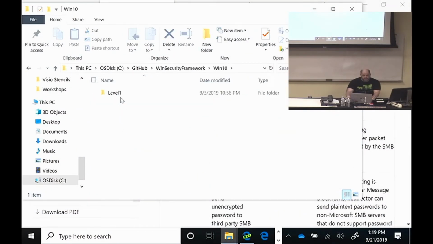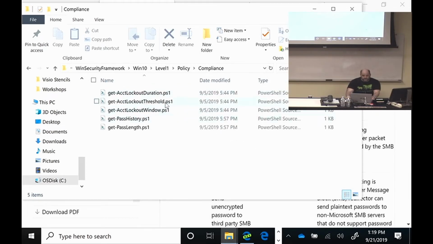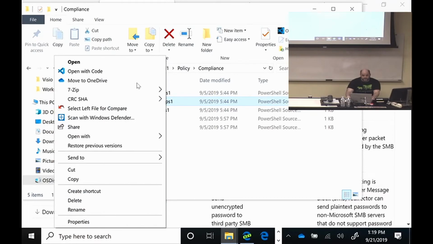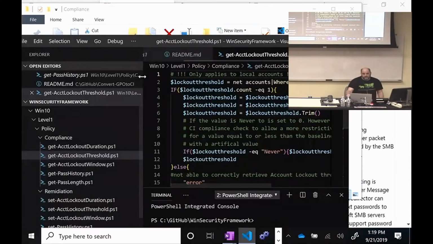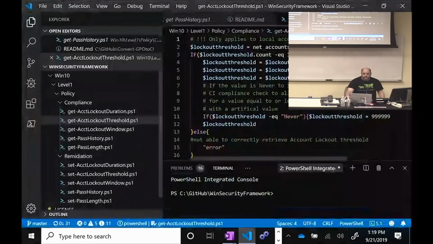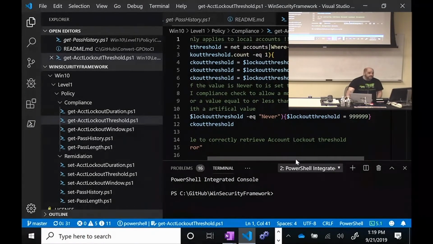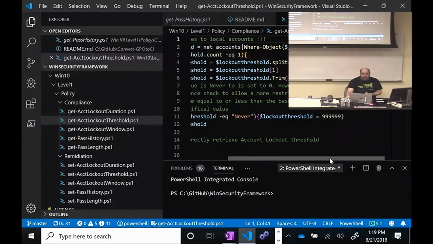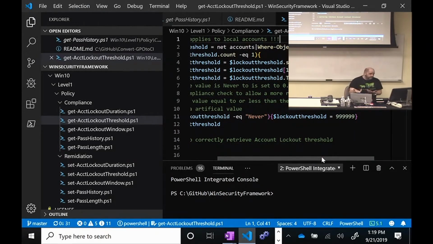I have a couple of examples expanding that out. So we looked at the duration. This is specific to what we're doing. When we look at account policy, different items have different rules. So if I'm looking at this threshold, I've got different things. I can grab that value pretty easily, but sometimes the value comes back differently. So I've got a note here in the script: if it comes back as never,